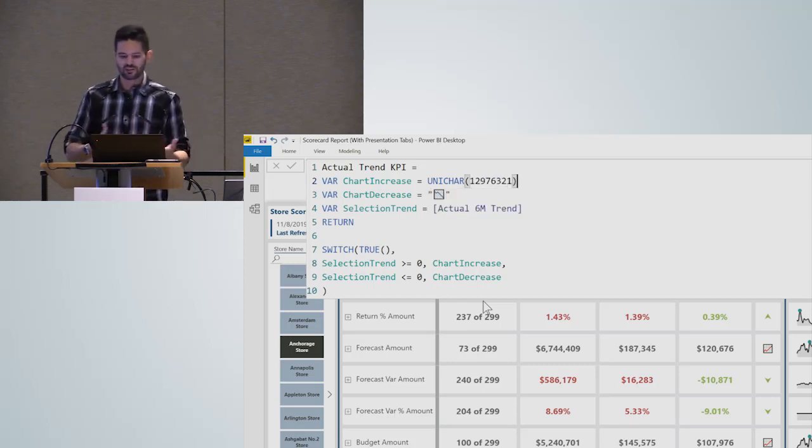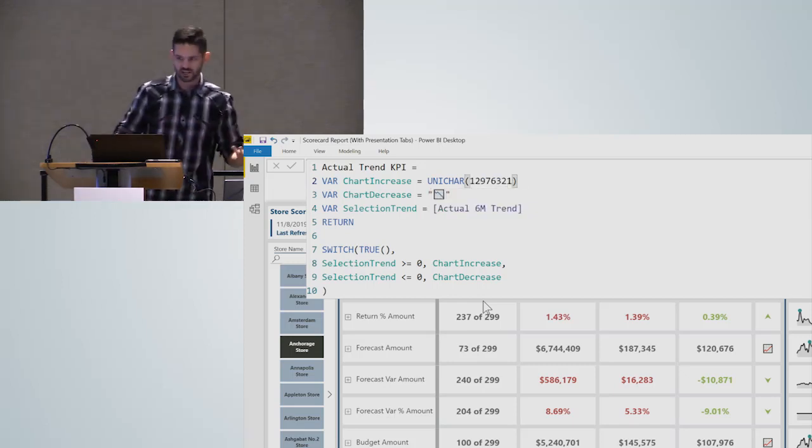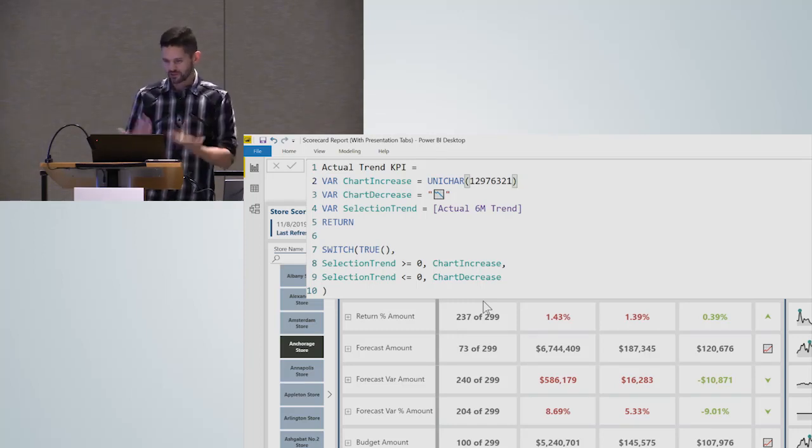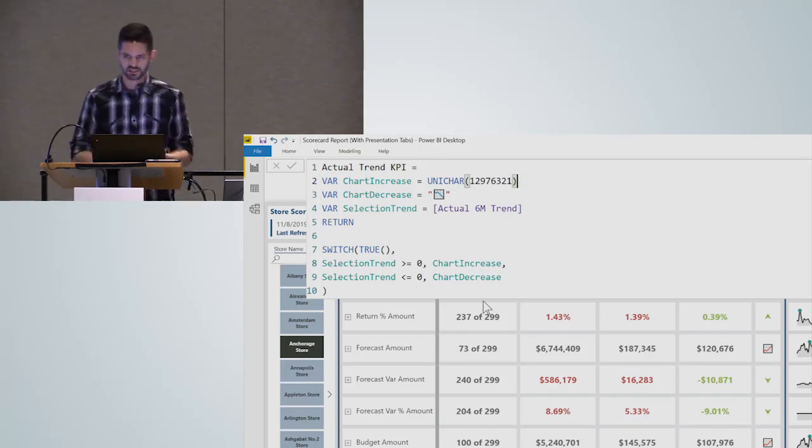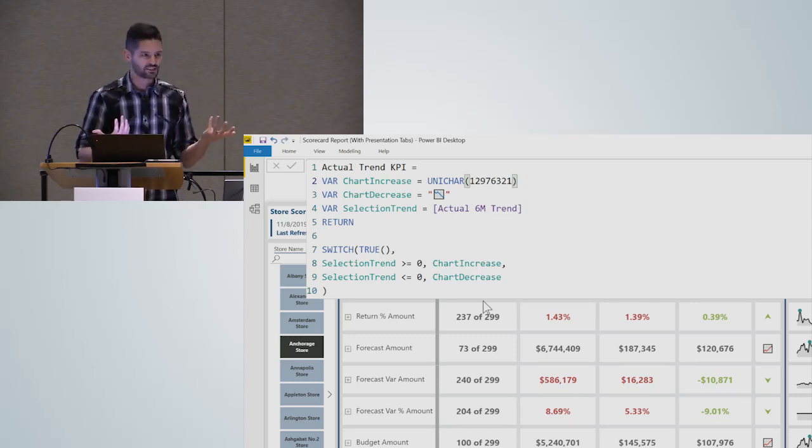It used to be UNICHAR, and then you'd have to go online to a UNICHAR database, and you'd look up the number, and that would represent it. But the problem is, if I'm looking at this measure in 6 months, unless it's on a visual, I'm not going to remember what 8,425 was. I have to go copy that, put it back online.